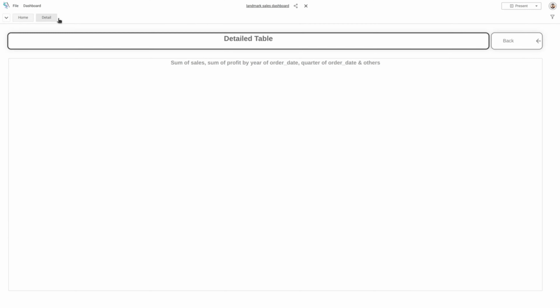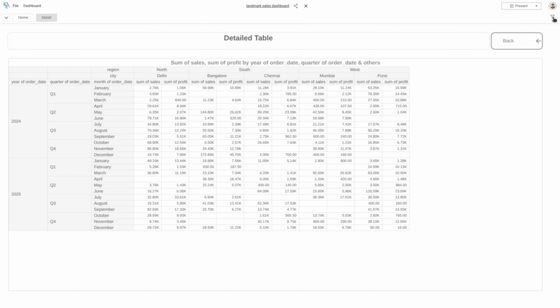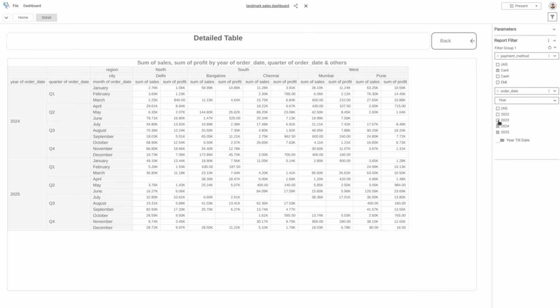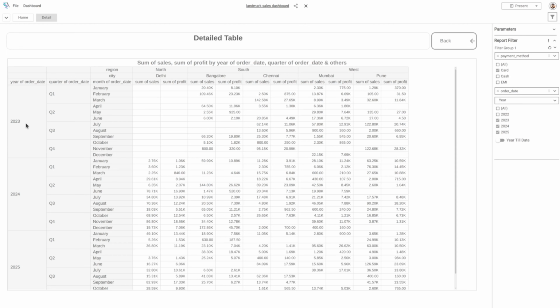Let me go to Detail tab. As you can see, the filter selections are preserved here too. And when I change the filter, it's impacting in Detail tab also. Let's say you don't want to apply these filters to the Detail tab. How do you achieve it? We'll go to Edit mode